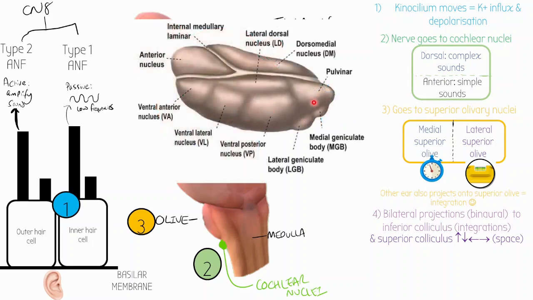More specifically, it's going to go to this bit here, the medial geniculate nucleus. The lateral geniculate nucleus is important for vision, and the medial geniculate nucleus is a little bump at the back, which is important for hearing. Minor point again, this can be subdivided into 3 zones. The medial geniculate body we're talking about. The ventral bit, which can process frequency and intensity. The medial bit, which looks at the relative intensity and the duration of sound. And the dorsal bit, so the very posterior bit, which processes complex and multisensory elements